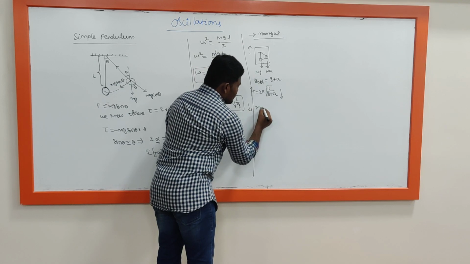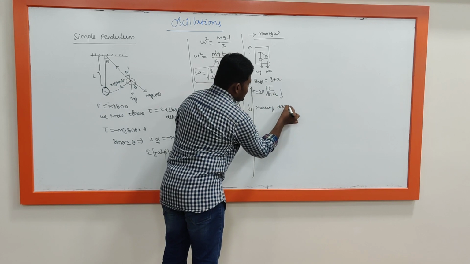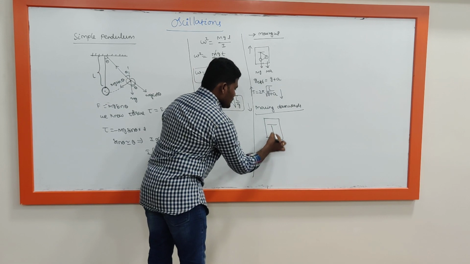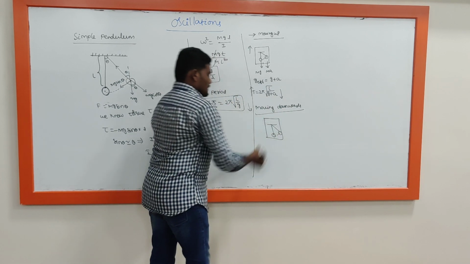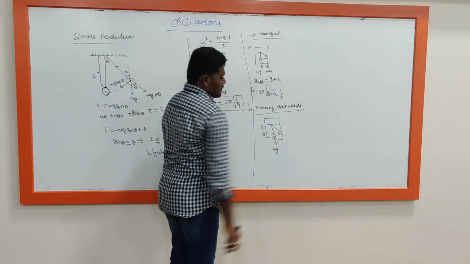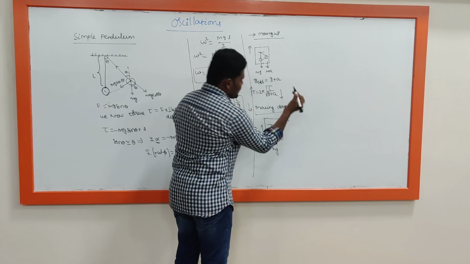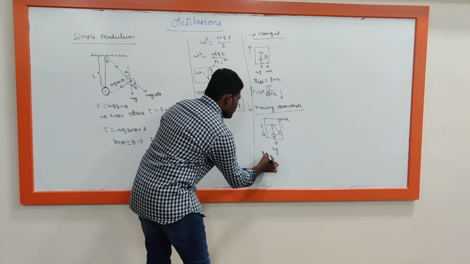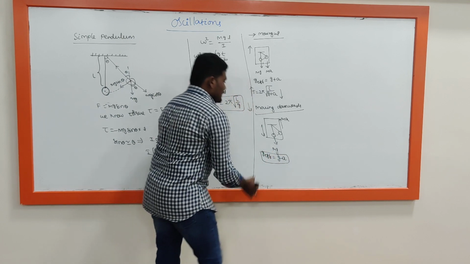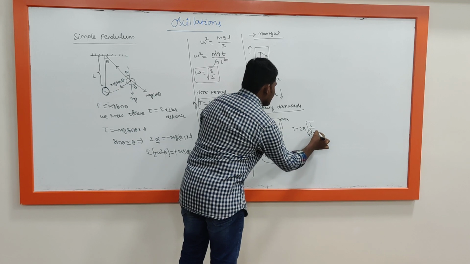Then same pendulum, consider in elevator, it is moving downwards. Yeah, same rule you can apply here. So this is a pendulum. Then when it is moving down, generally weight will act downwards, but pseudo force will act upwards, opposite to the motion. So that is m into a. So then you can write g effective equal to g minus a. Then time period T equal to 2 pi into square root of L divided by g minus a.